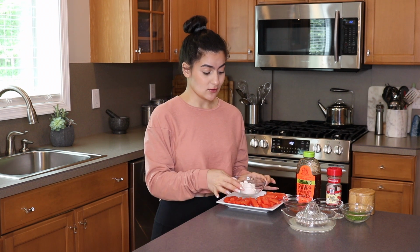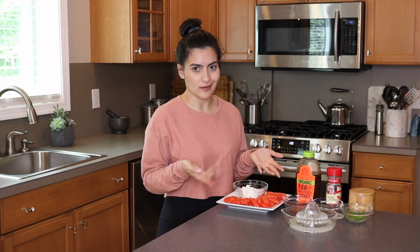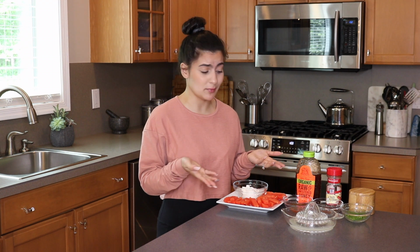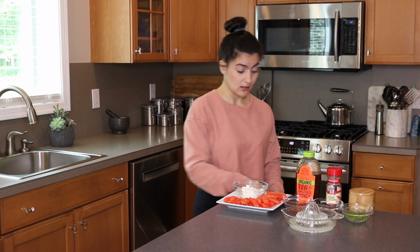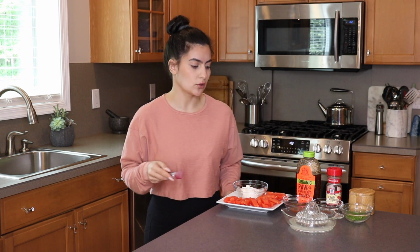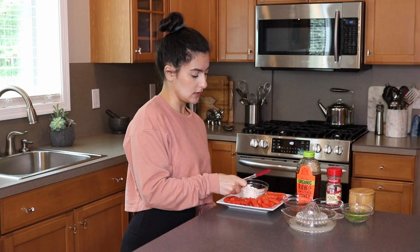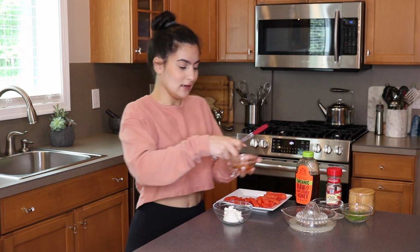So again, super simple, super easy, minimal prep. There's nothing really at all. It's so easy cutting these little pieces of watermelon, and it's a really good way to use it up if it's going to be going bad soon and you want to figure out different ways to use your watermelon. So I'm just going to take this out of here, and I'm going to add in our other ingredients,